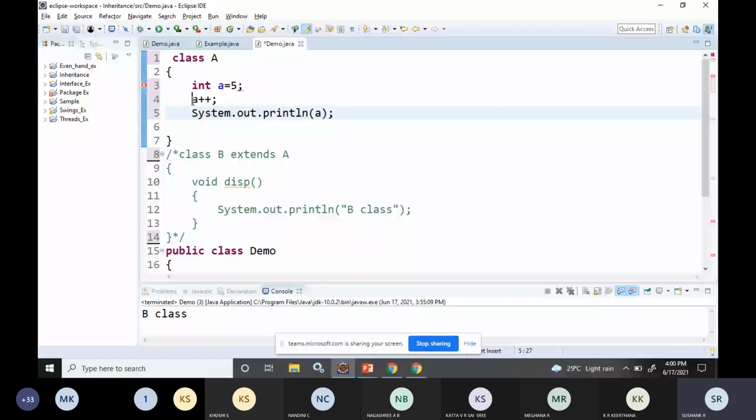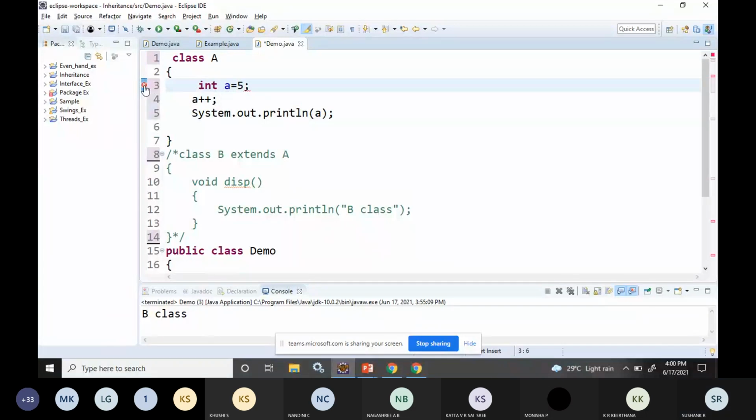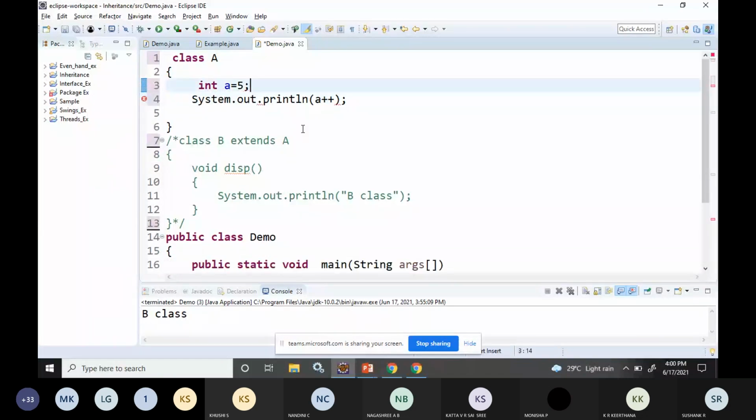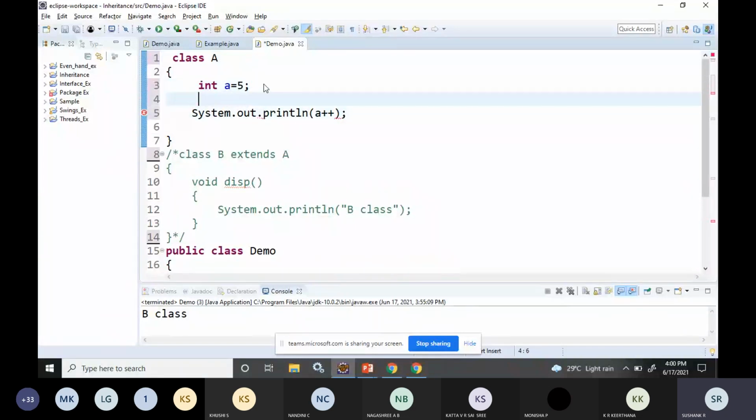I'll write it here itself, a plus plus, System.out.println. It is not taking, so I'll write it as integer k is equal.